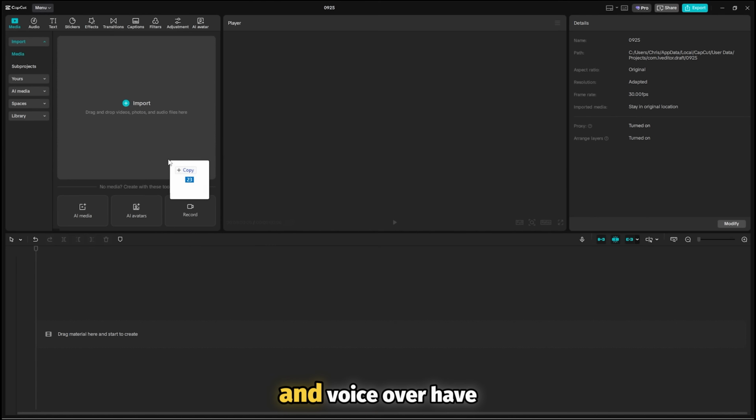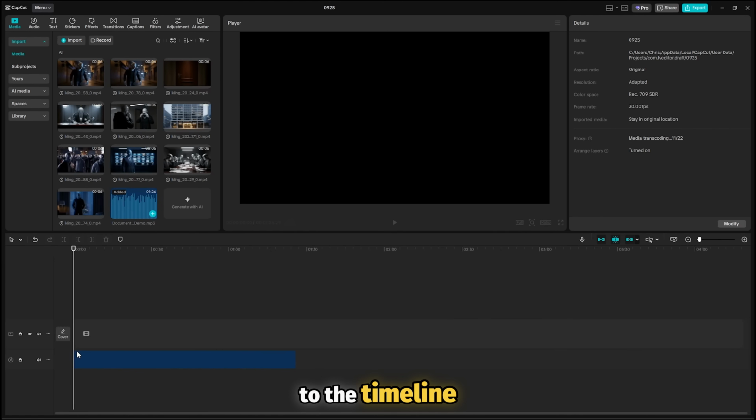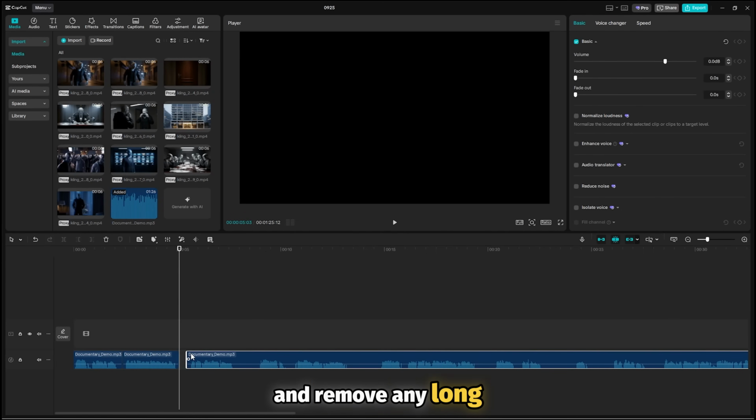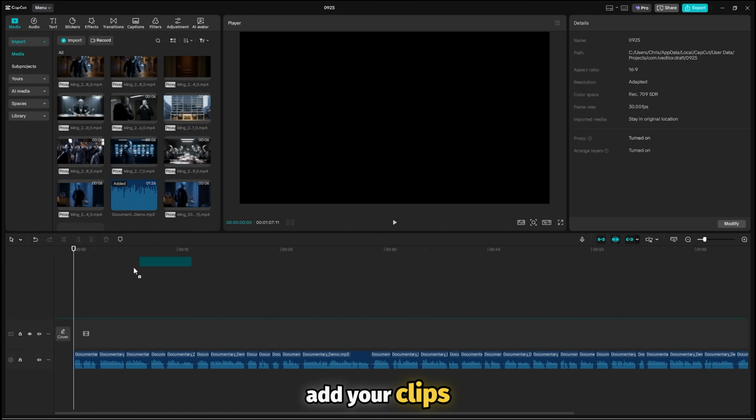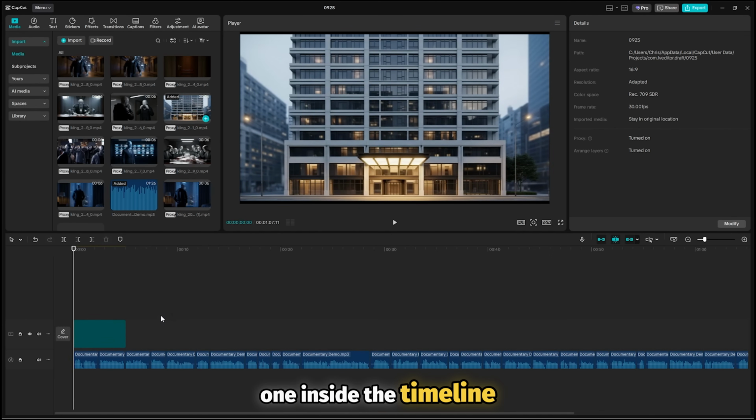Make sure all your clips and voiceover have been selected and then drag and drop them here. Add the voiceover to the timeline, and then go through and remove any long pauses. Don't forget to change the aspect ratio to 16:9 for long-form content. Now it's time to add your clips, so drop the first one inside the timeline and scale it to fit